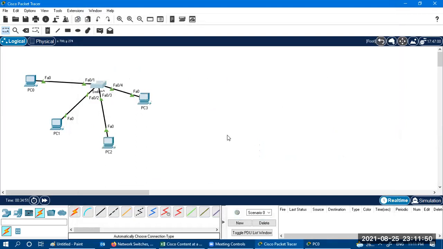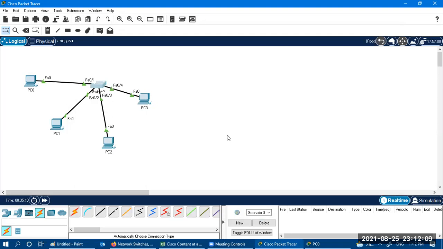Okay, so if anybody asks you what is VLAN, why we are having VLAN: to logically divide the broadcast domain. With the help of VLAN, our switch will be divided into 2 different switches, logically, not physically.